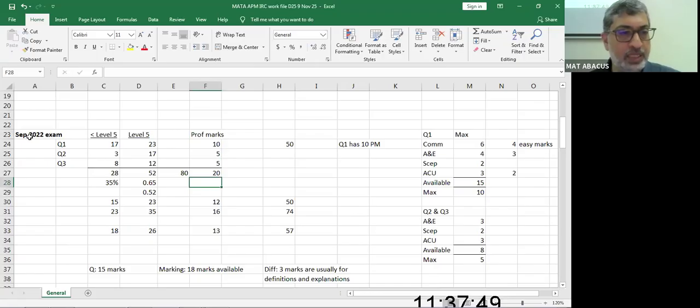This is a September 22 exam, which I usually use for mock exam. And it's the first exam that's a set which had professional marks. So when we analyze this exam, what we see